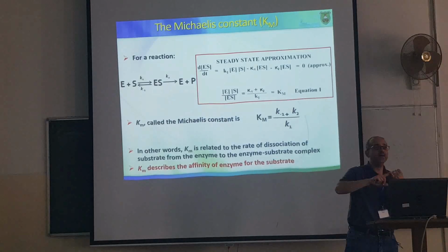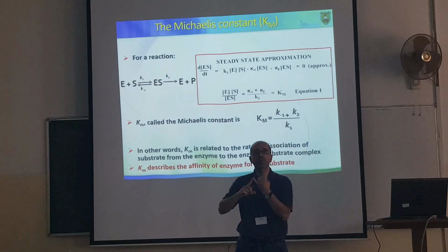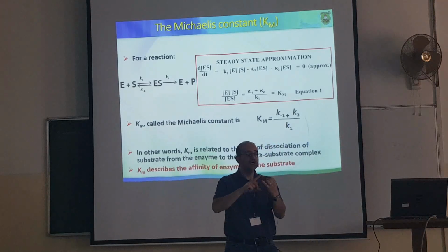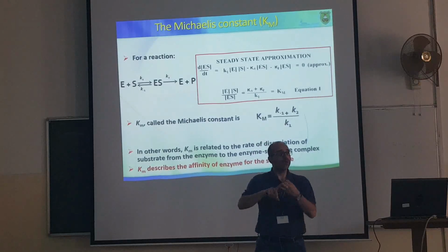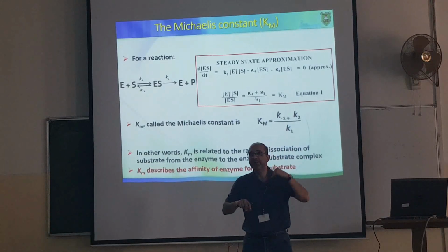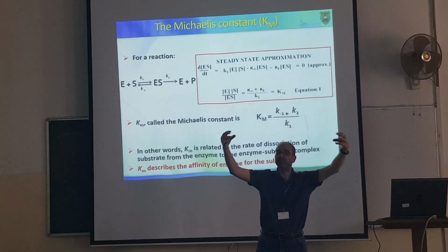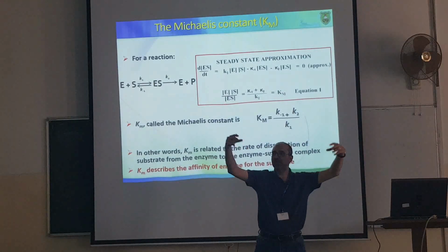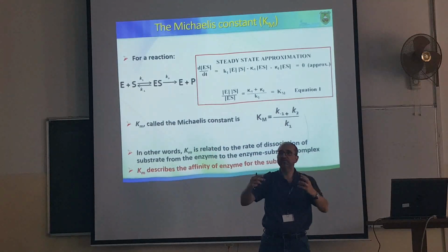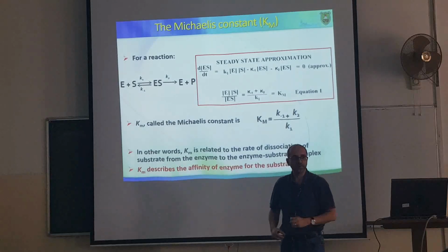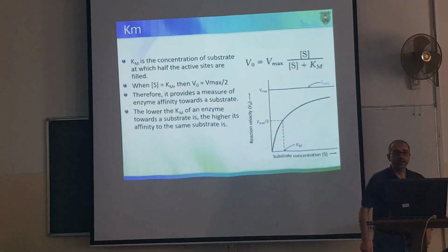فهي another definition of Km. إذا أول واحد بيحكي لي إيش؟ إنه Km is the substrate concentration when the rate of reaction is half of Vmax. الشغلة الثانية بيحكي لي إنه Km is a measure, is an indication of affinity because it's related to the rates, to the constant rates of formation of free enzymes and substrates على the constant rate constant for formation of ES complex. So it is a measure of affinity. فهذه هي الكيم.